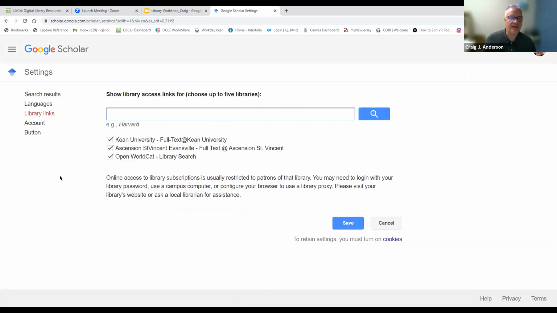Through library links, it will let us search for our library. And then when we do, it will add it to these options here. So what I've done is I've already added Kean University to the options here.